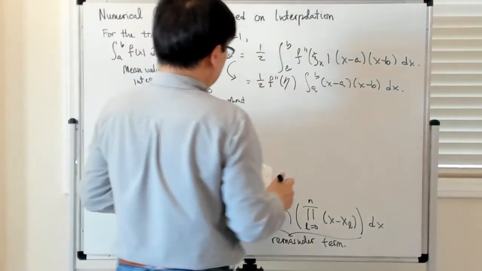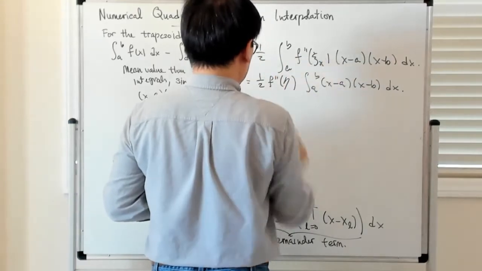All right, so going from here to here allows me to take this f double prime term out, and